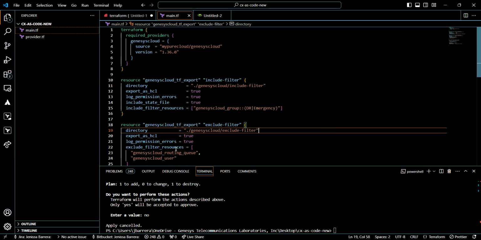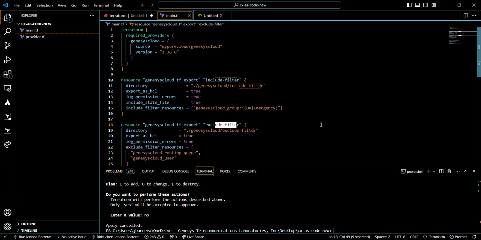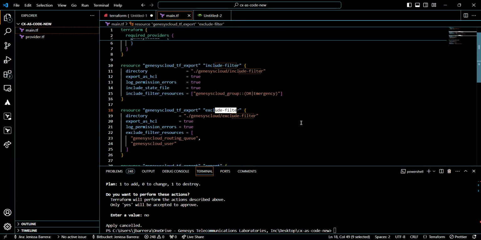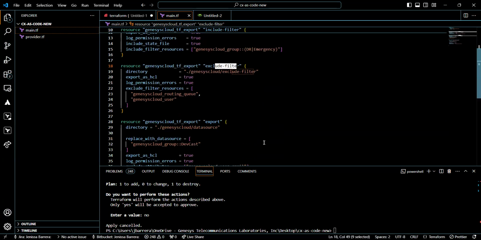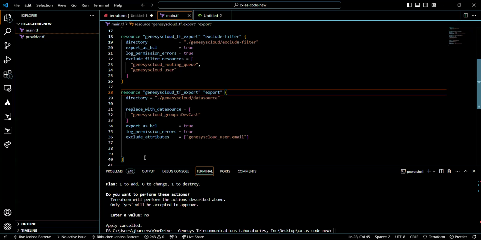For exclude filter, this parameter ensures that the specified resources are excluded from the export. If you want to generate exported resources as data source, we have this chunk of code.